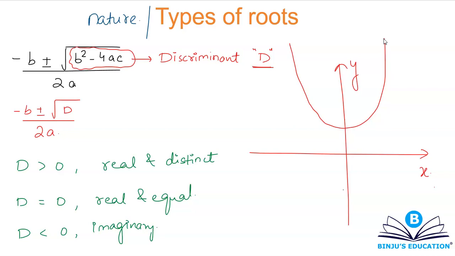Then how do we calculate them? There are two things. One is the formula, one is the middle term splitting. Once we'll be solving questions, you'll have a better understanding. Don't worry about that. But I hope the process or the concept is clear. And the third thing we discussed is the nature or the types of the roots. So we basically have three natures or three types. One is real distinct, one is real and equal, third one is imaginary. And all three things depend upon the value of the discriminant, that is b square minus 4ac, or D.